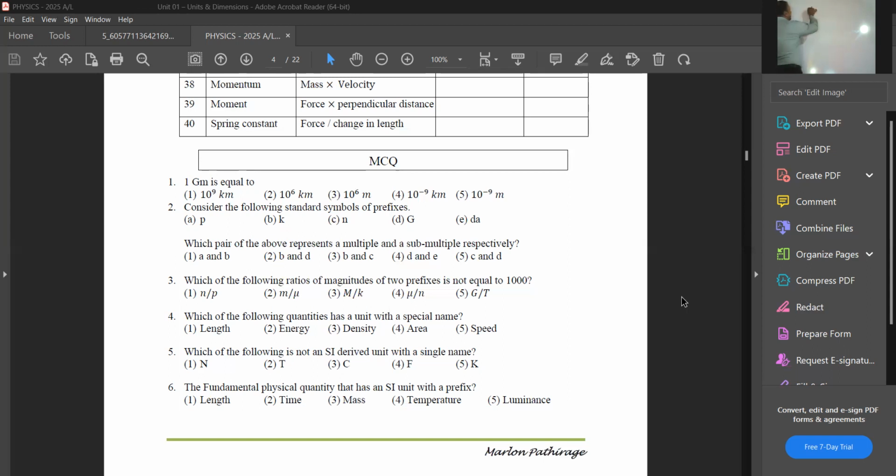Giga means 10 to the power 9 meters. But there's no 10 to the power 9 meters option. There's no that kind of answer. But there's kilometer, no? We can write 10 to the power 9 meters by kilometers. If I convert meter into kilometer,